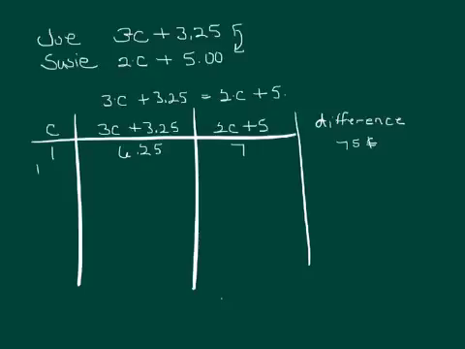I'll say, well, let's suppose the cookie cost $1.25. Let's see if I can get these 2 amounts to be the same. Here's where I'm going to use my calculator. When I plug in $1.25 times 3 and add 3.25, I come up